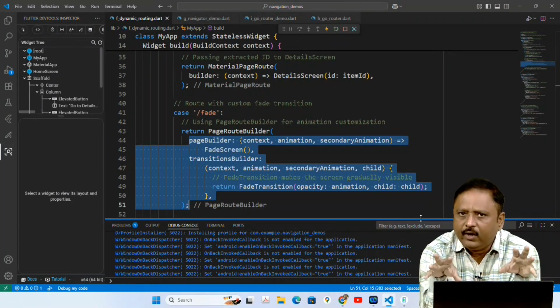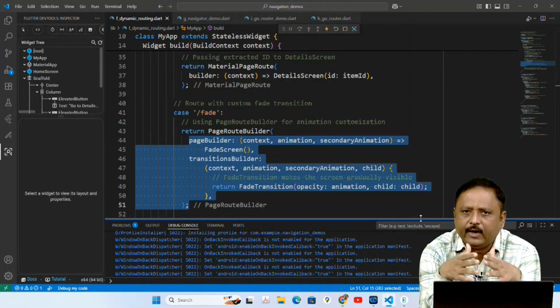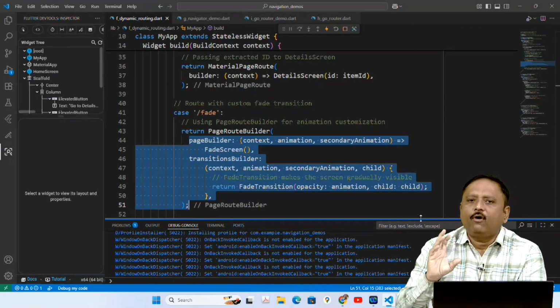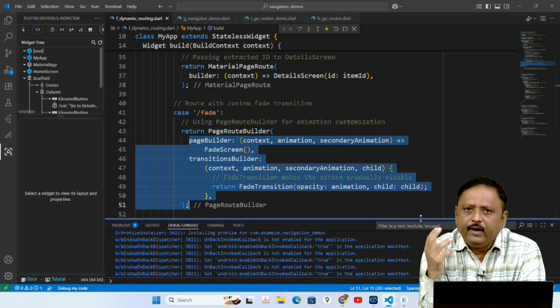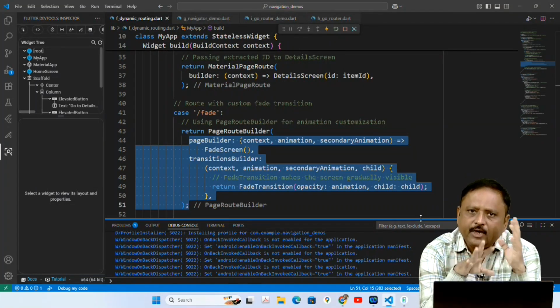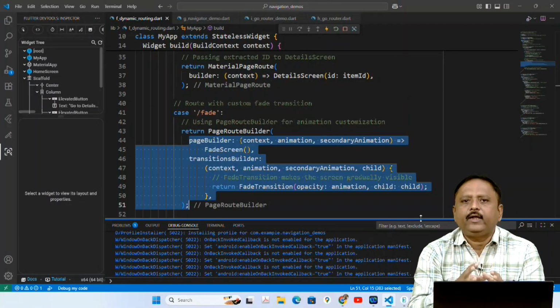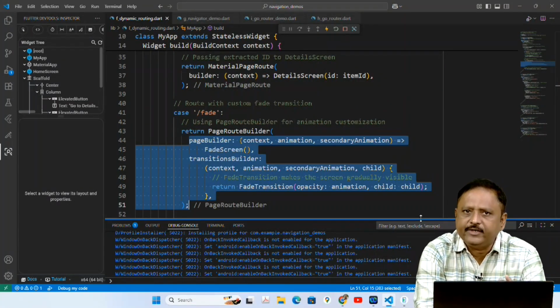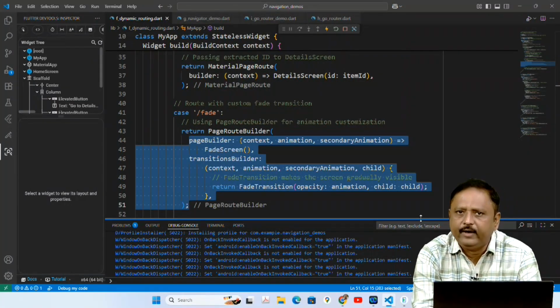We have not learned any animation right now, so just remember that this code is for displaying a fading screen. Later on we will understand this code. For the sake of simplicity, just remember that this code makes the transition smooth using a fade-in effect.